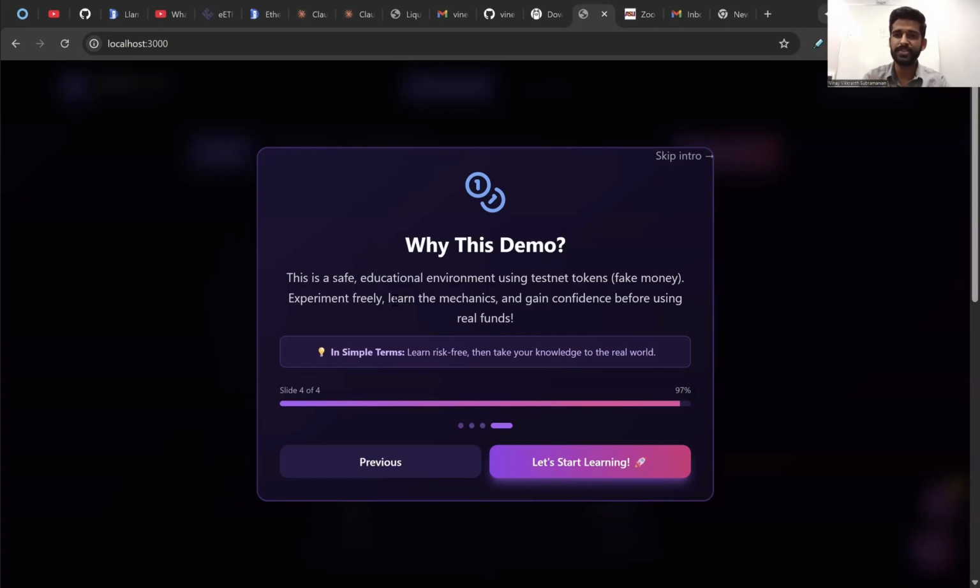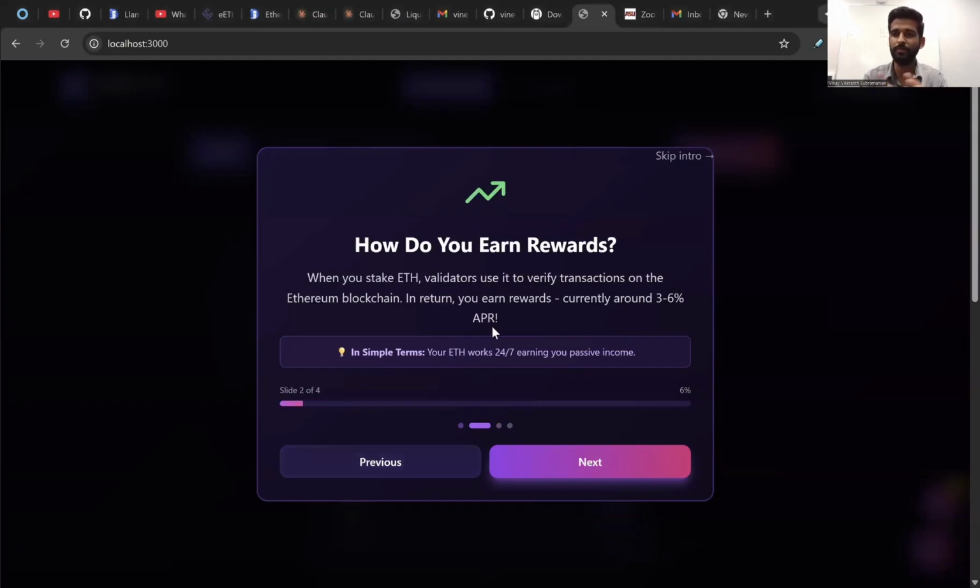As you can see, you will be here with the demo screen, which gives us an intro: what is this all about? What is EtherFi? What is Liquid Stack? And why even this demo? That's why we have these previous slides, which explain the basics of what this project is going to be about. It's going to be a learning experience for new users, and they're going to get a really good idea of what they're getting into.